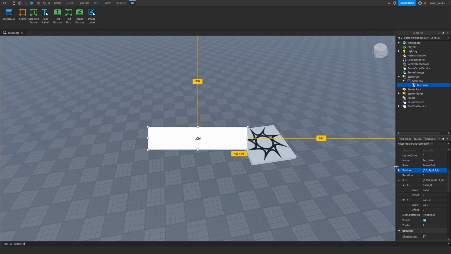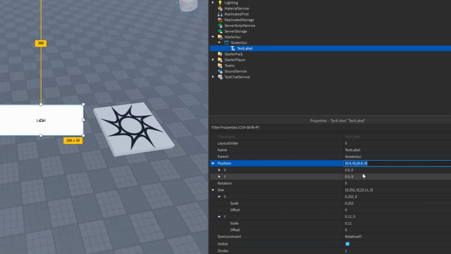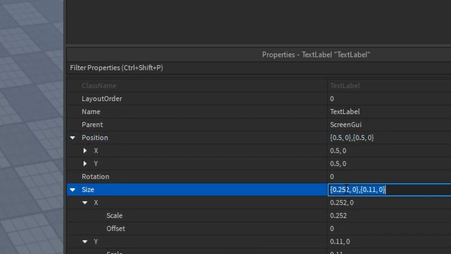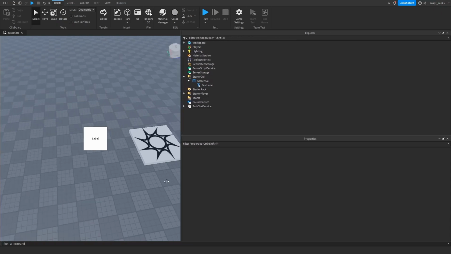It all depends on your game. Some people want this to happen. Other people don't. So if you want it to happen, use scale. If you don't want it to happen, use offset. So if you want a literal square on the screen and you want that to always be a square,